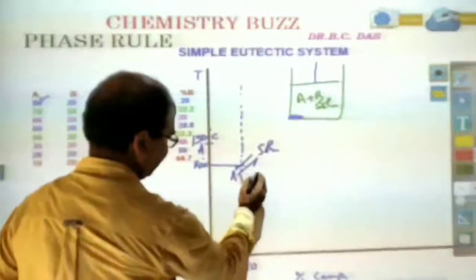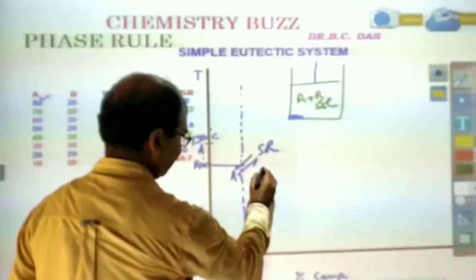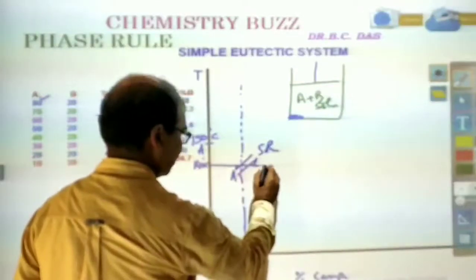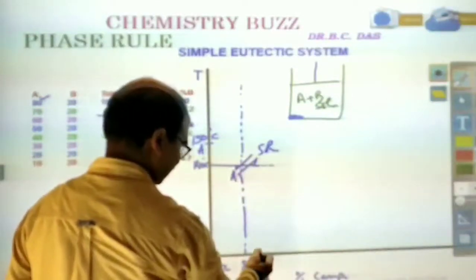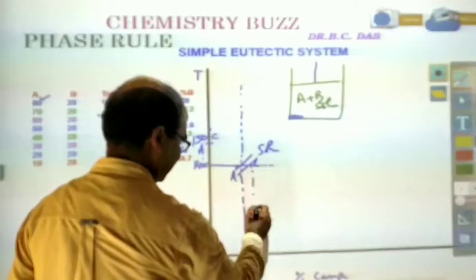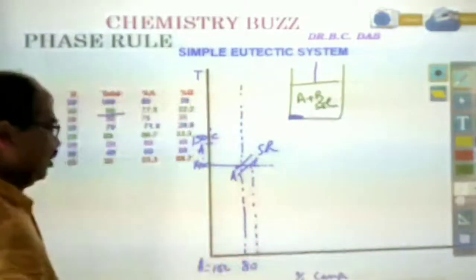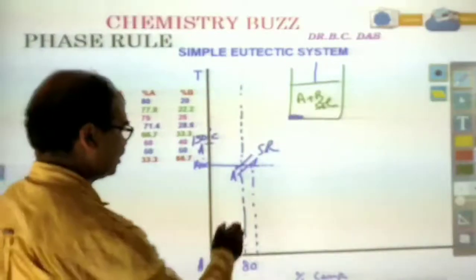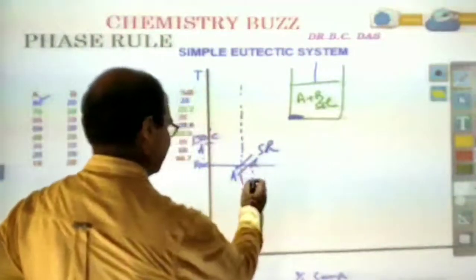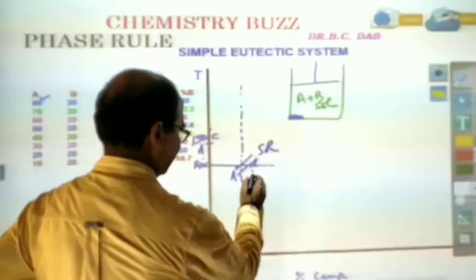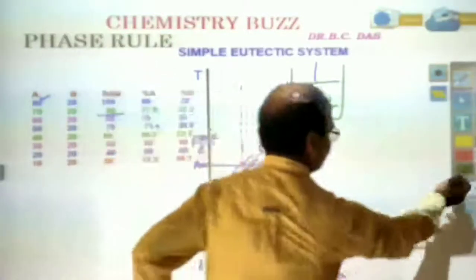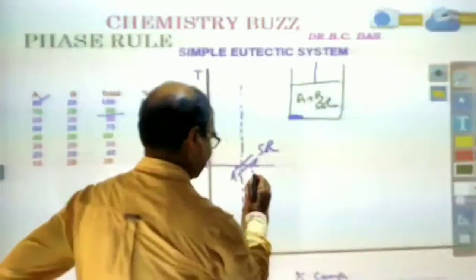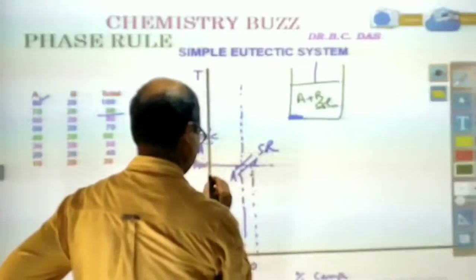So the composition of the solution has changed from 80 to 77.8%. At this composition, the freezing point will be further lowered to say this temperature,